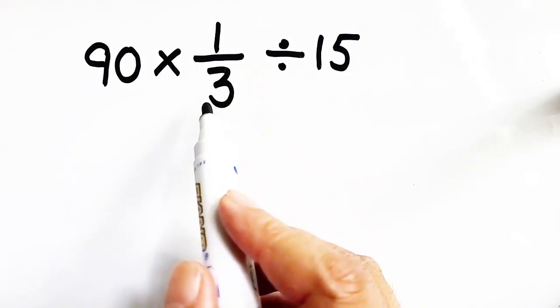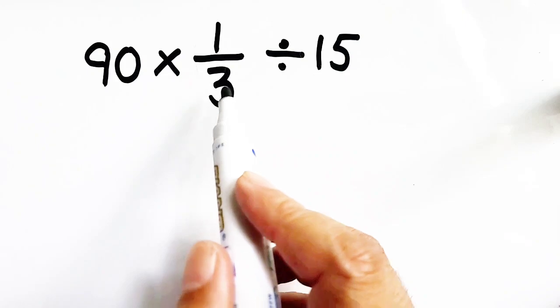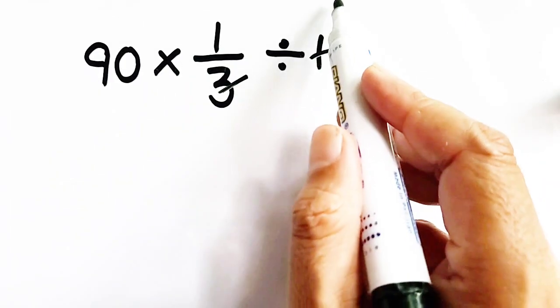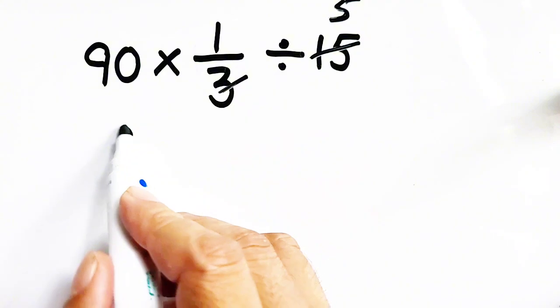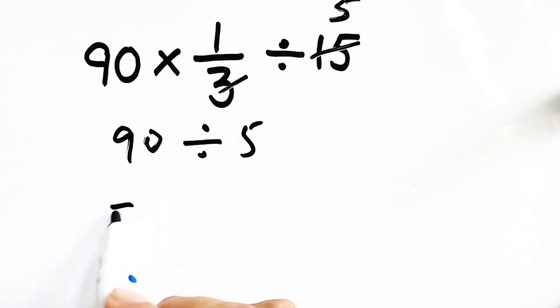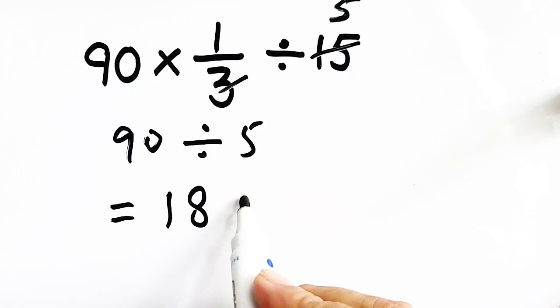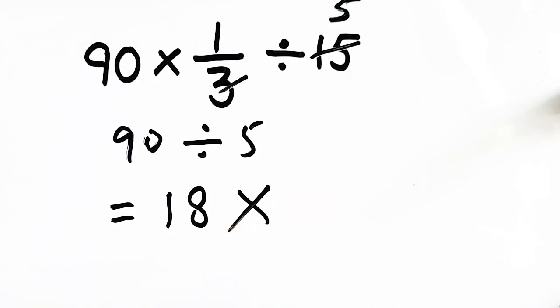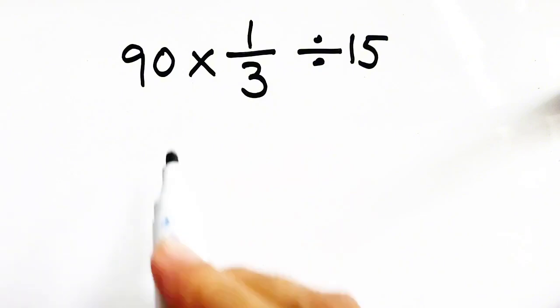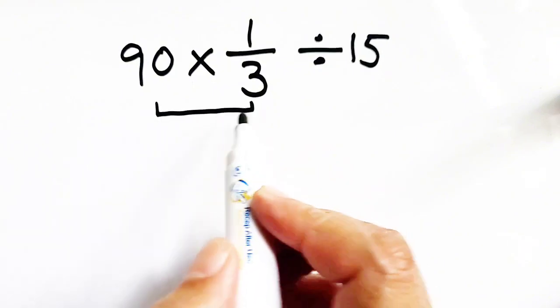Most of the students do this question in the way that 3 is cancelled with 15. So 90 divided by 5 is equal to 18, which is a wrong approach. We will solve this question by using KCF